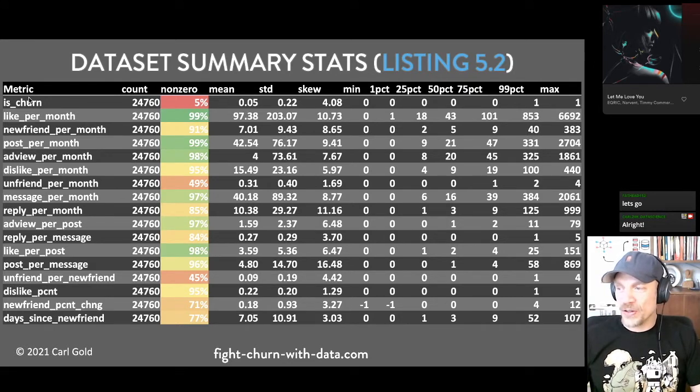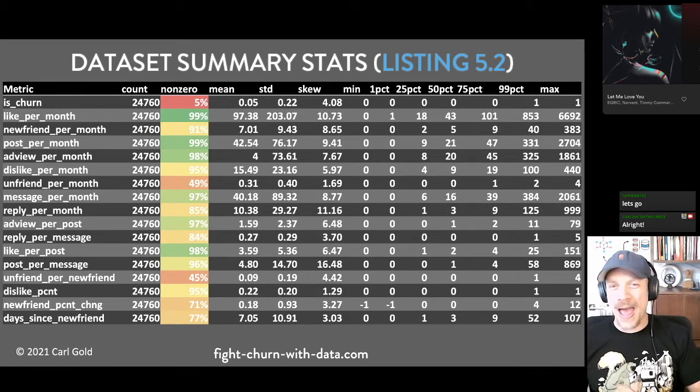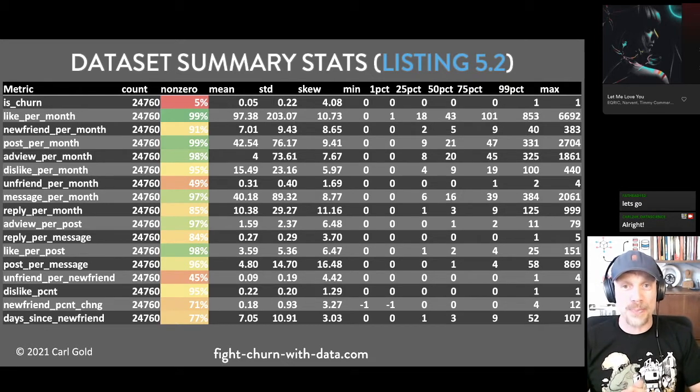First thing is the churn row here, 5%, that's showing the churn rate on this service. So 5% monthly churn, it doesn't sound that bad, but that's actually kind of like 50% churn per year. You know, Netflix and top-line services have churn below 10% per year. So this simulated social network has kind of mid-range churn. 5% is not good, but I've certainly seen a lot worse than 5% per month.